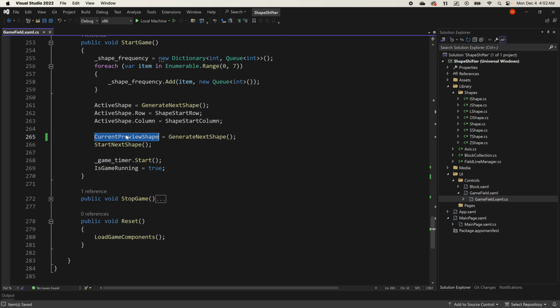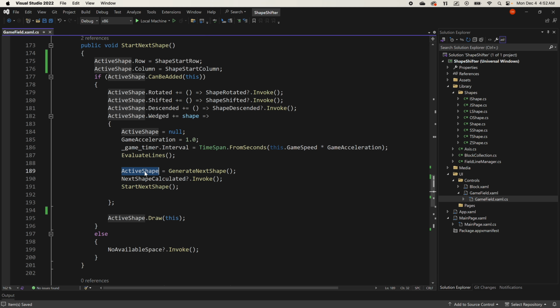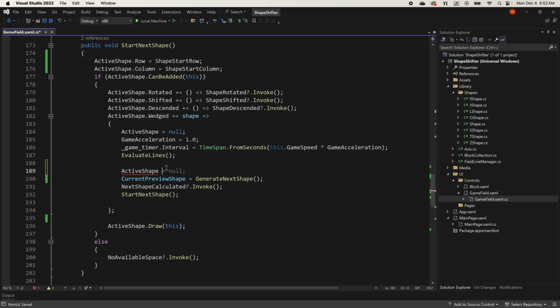So over here, what we're now doing is that we're saying that the active shape is equal to the current preview shape, and then we're resetting the current preview shape. Remember that when we call start next level, the active shape, or start next shape, the active shape will then basically go in and